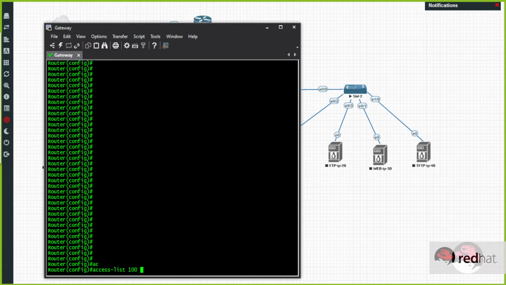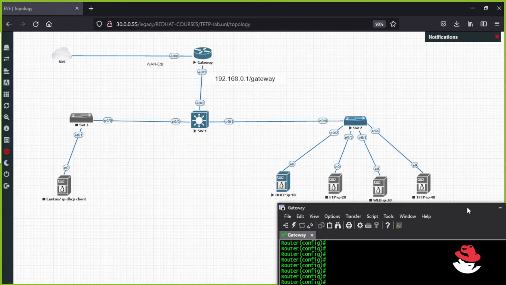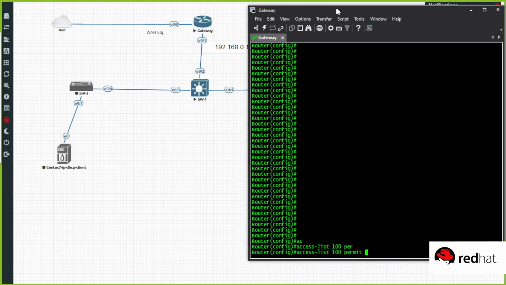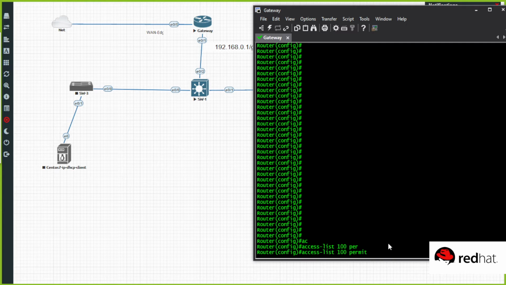And you say the access list permit, you will tell what you allow. So what we allow is the downlink IP address to go out. That's the access we're doing, right? So permit IP, and you tell which one it is. 192.168.0.0, and we'll make the wildcard